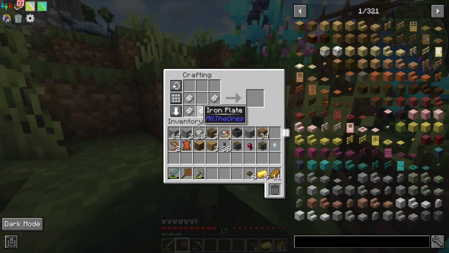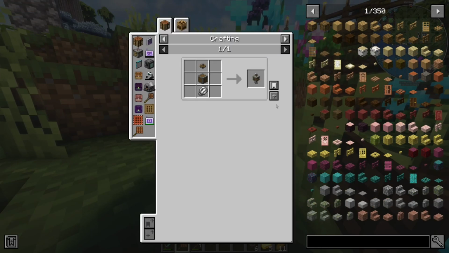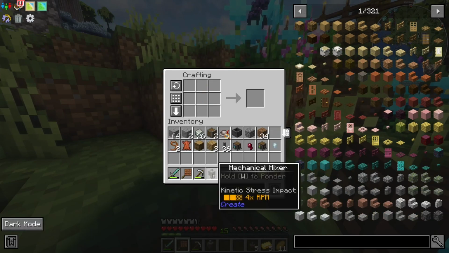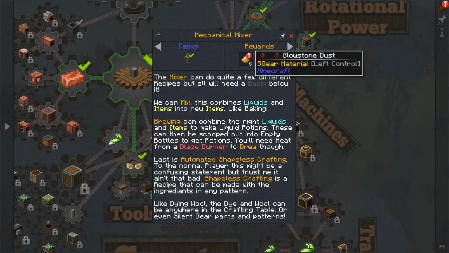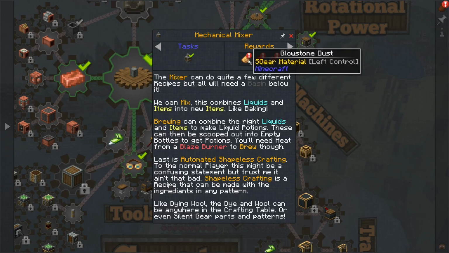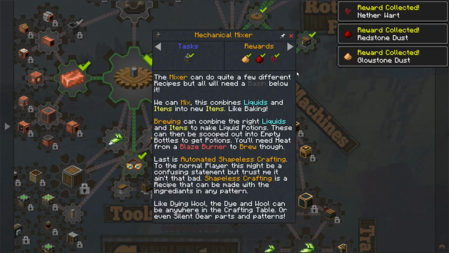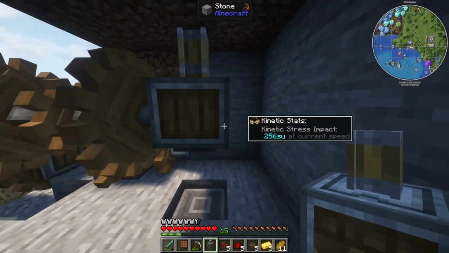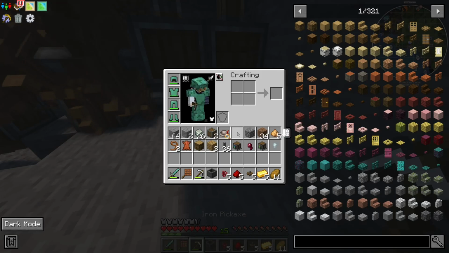Alright, so I'm gonna go ahead and craft up our first whisk. And we can immediately convert that into a mechanical mixer. Nice. And we get some pretty decent rewards from this quest. We get some glowstone, redstone, and netherwart. Yeah, not too bad. For now, I'm just gonna place it right next to there, and I will put the